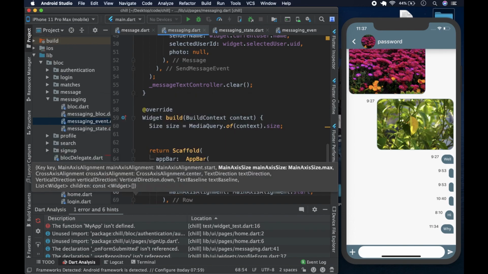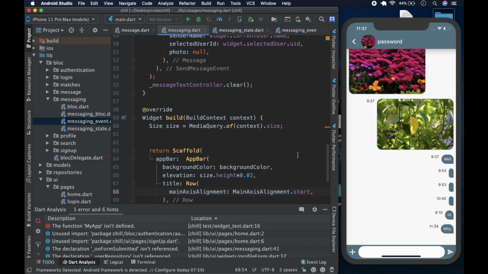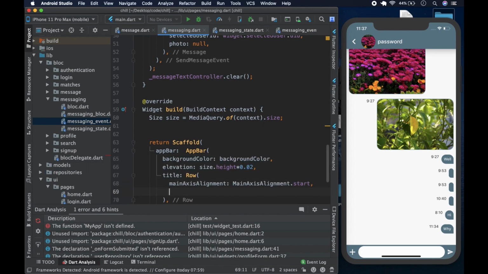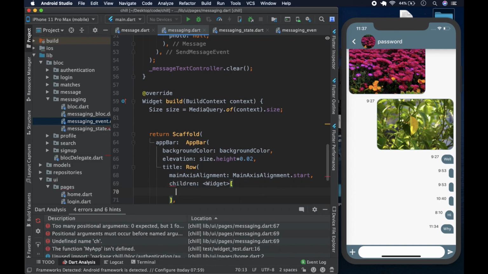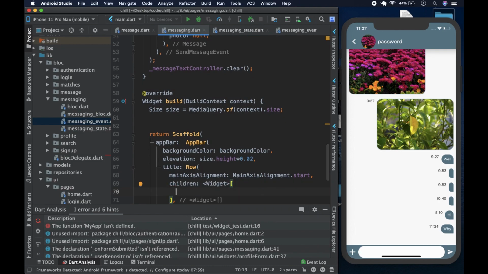Remember, titles, you have to center them if you're on Android, because Android works like that. iOS, you don't need to do that. That is only for the app bar, of course, right? I'm sure you follow it. And